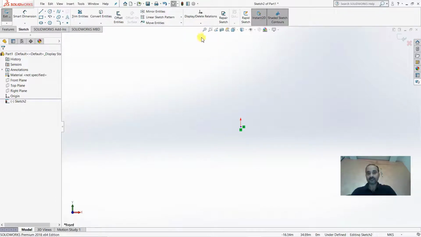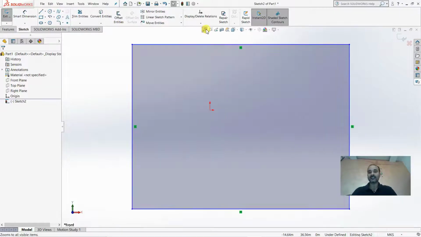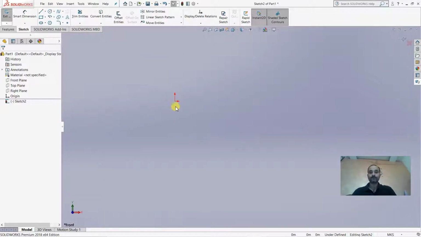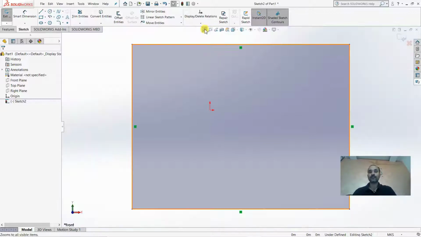So the first control which is shown here is zoom to fit. Zoom to fit means whatever you have sketched will be limited to your screen. Suppose I click on that. If I click that, then your sketch will be in your interface. It means it will occupy your screen size. If I zoom out very far, then also zoom to fit will bring the sketch to your interface.